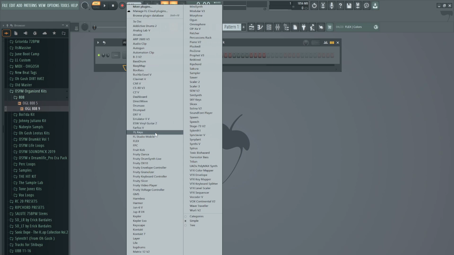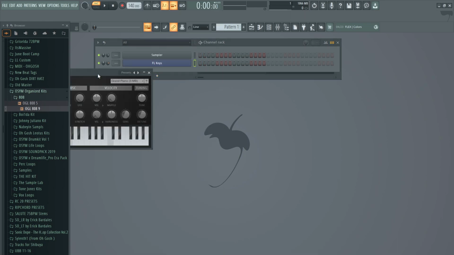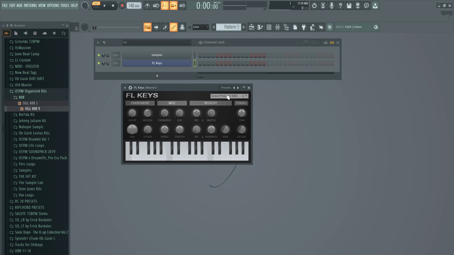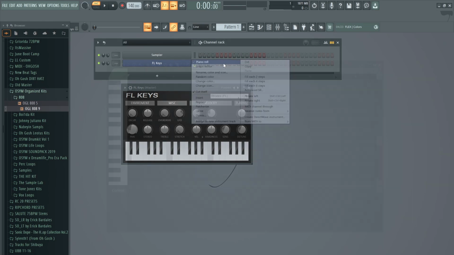Okay, I heard FL Keys first, so I'll do FL Keys. And in FL Keys, you want me to use a grand piano? Do I need to separate you guys? So we can go piano, general piano, Rhodes, or organ. What do you guys want? Rhodes? All right. So I'm going to open this up, open up the piano roll,